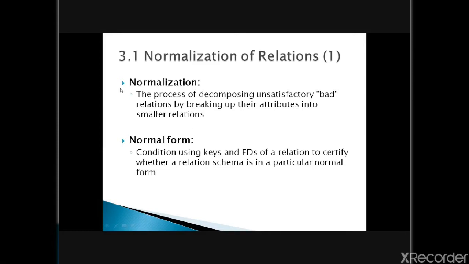Suppose I have one relation schema, with all attributes, all the things, listed in one table only. So my entire database-related things are kept in one table only. After that, I will start decomposing into different tables. Whatever attributes are related to each other, I will keep in a separate table. Then if any unwanted thing is there, I will keep on removing it. So this process is called normalization.